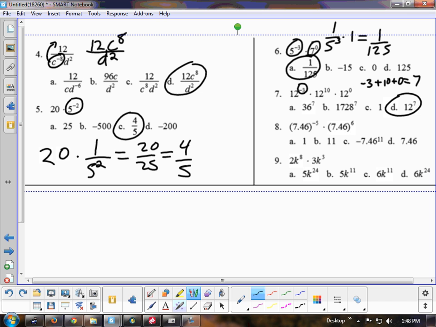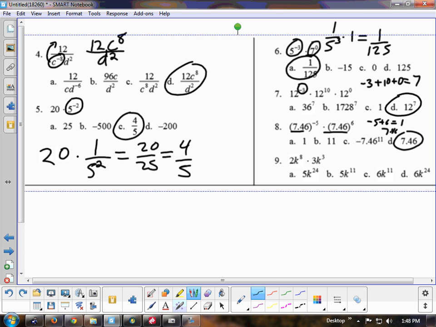Looking at 8, we have the same situation. Same base, so we add the powers. So we do negative 5 plus 6, which is 1. So that's going to be 7.46 to the first power, which is D. Looking at number 9,